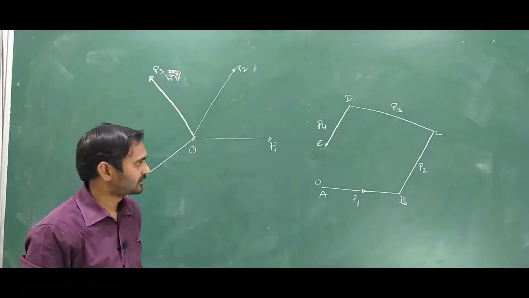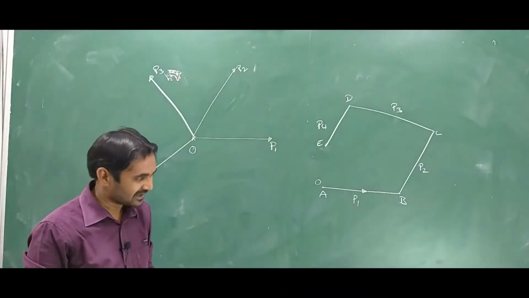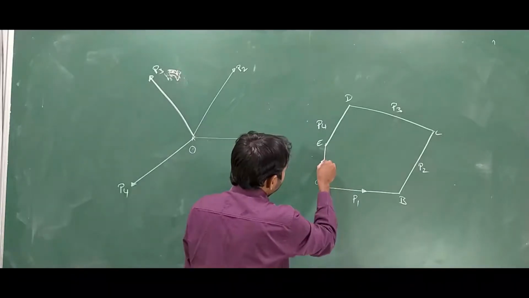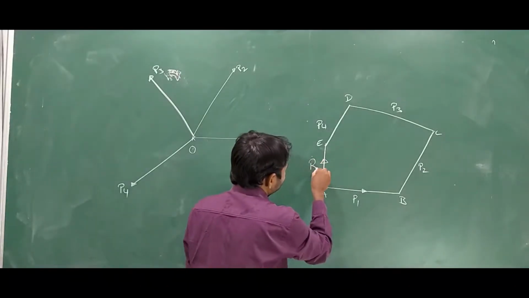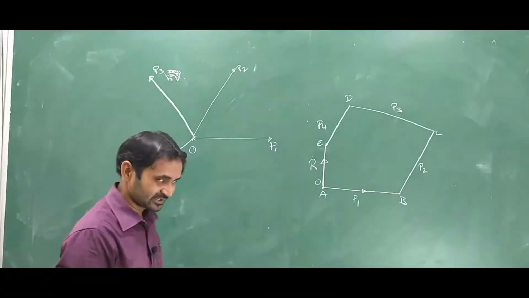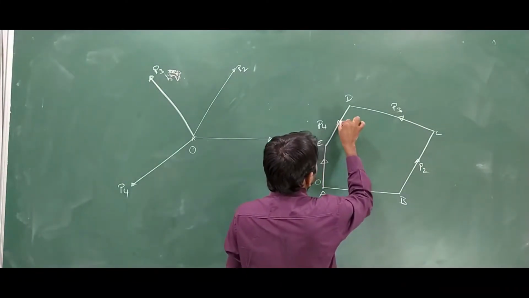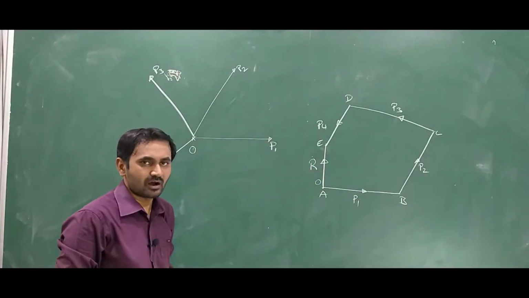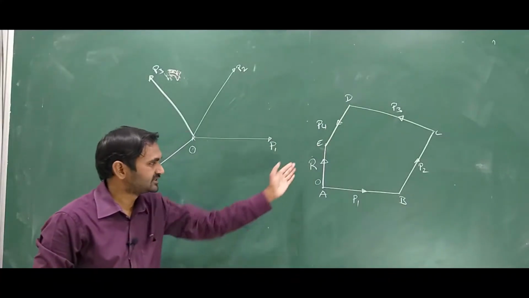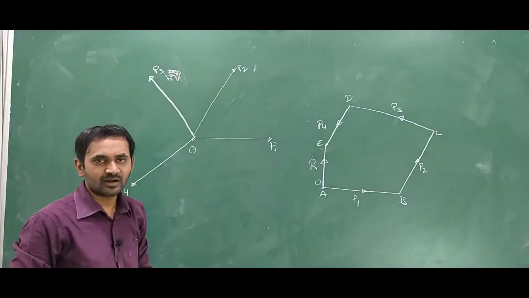Now this is the polygon and we have a closing side for this. And the line which is drawn will be in the opposite direction. This will be called the resultant of all the forces. This should be in the opposite direction. Just now we have seen whatever the directions the forces have, they come in the same direction, but the resultant will be in the opposite direction. It means all the forces put together is your resultant force. By this closing of A and E, you will get the polygon.